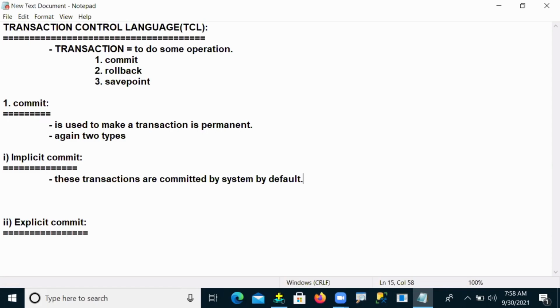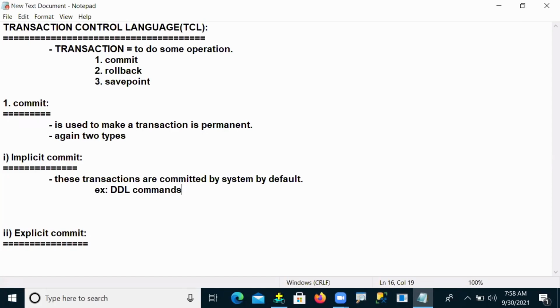And what is an example of an implicit commit transaction? Your DDL commands. DDL commands are completely implicit commit transactions.